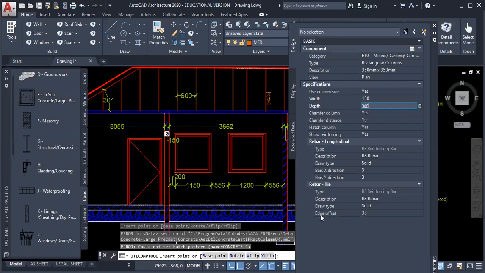The edge of offset, I want this to be about 13. So I'm 13 here. And I want this to be solid. All right, so once everything here is good, I then